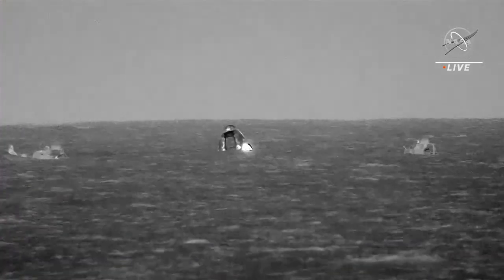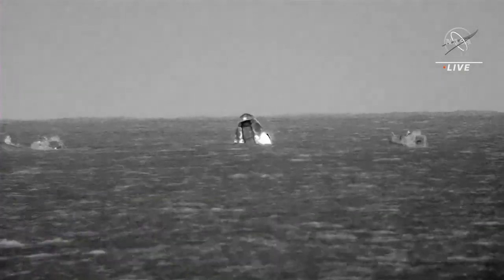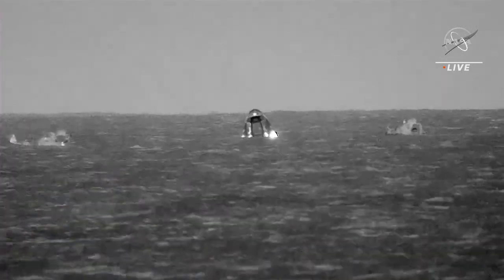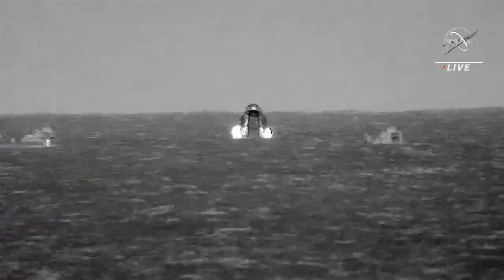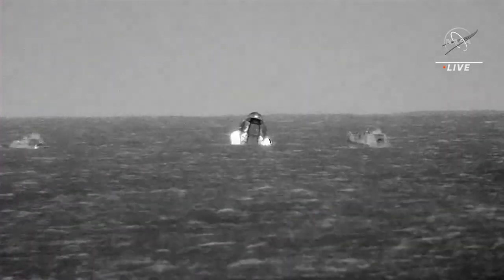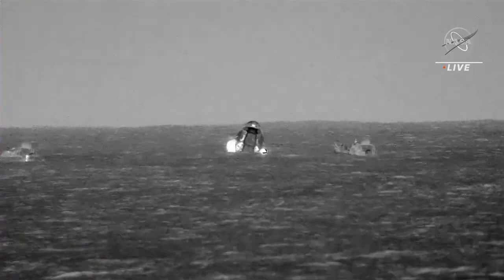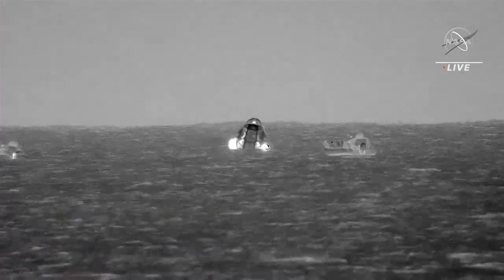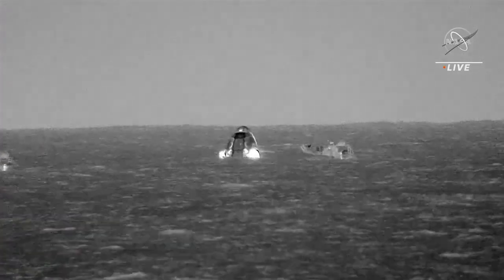As you mentioned, this is the 4th splashdown for this particular capsule. Most recently, it supported Axiom 1. Prior to that, Crew-2. And prior to that, Demo-2. So this capsule, I have great personal attachment to. I had the opportunity as part of my day job to go inside the capsule while we were building it. And when I say building it, I mean like for the first time, not during the refurbishment process. And when we were originally building it for the Demo-2 mission, I just remember being inside this capsule and thinking,